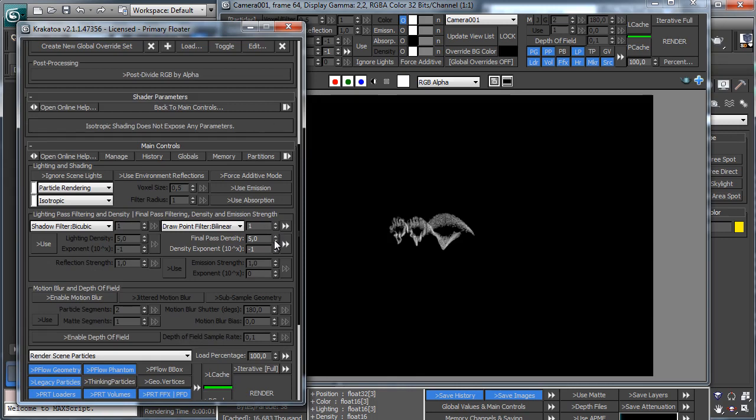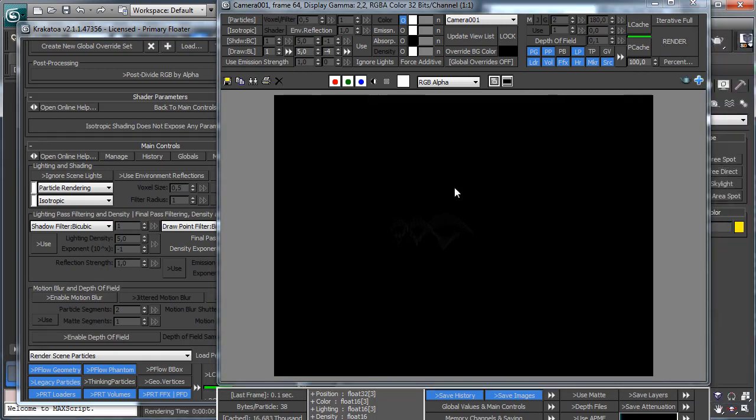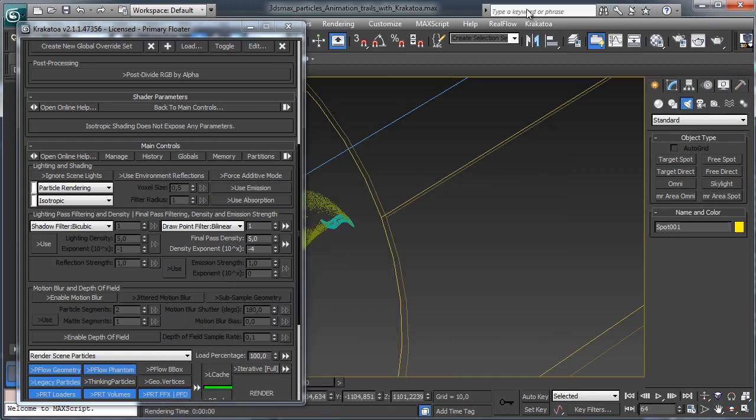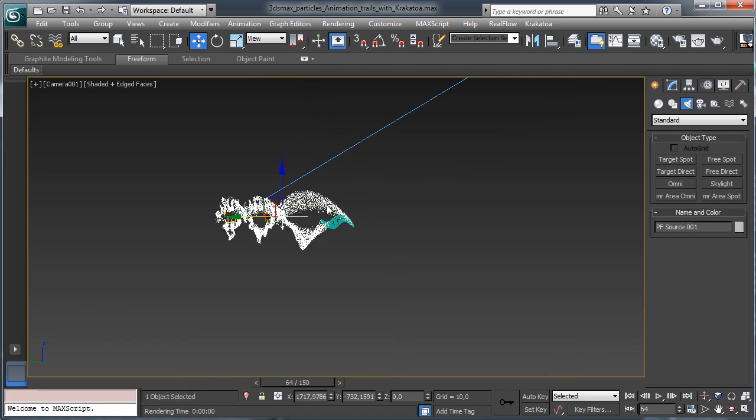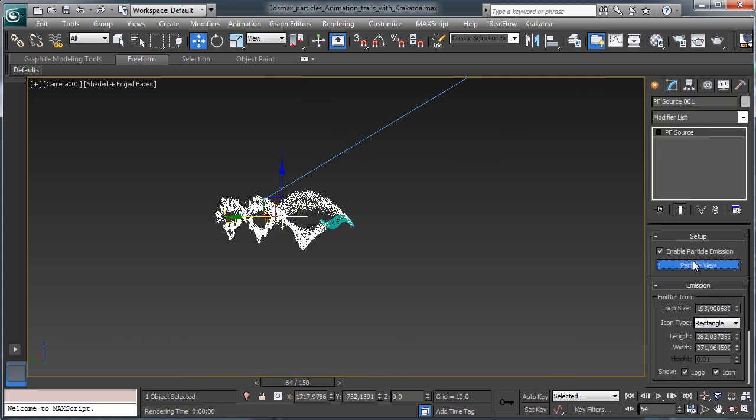Let's go to have a high density lower exponent, so it is doing particles with a lower density. In this case, now if we use more particles, it will be able to give us a better look. So let's go to pick the particles